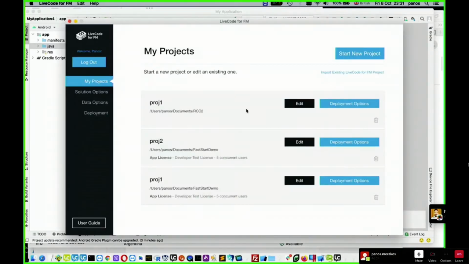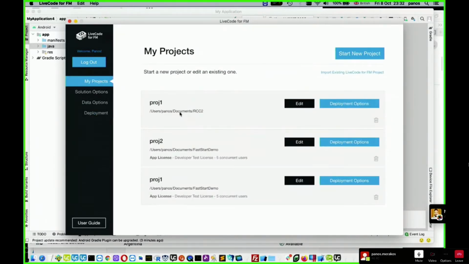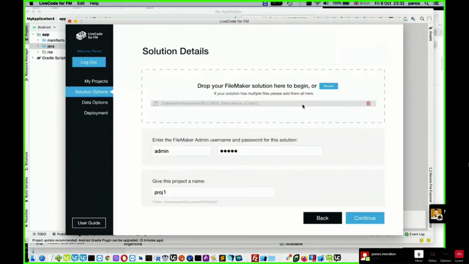Let's go back to the tool and go to the project and go to deployment options. In fact, no, let's go back. I want to double check that it's the project that Ali had created yesterday, which has enabled the sync options. So let's go back. It's this one.